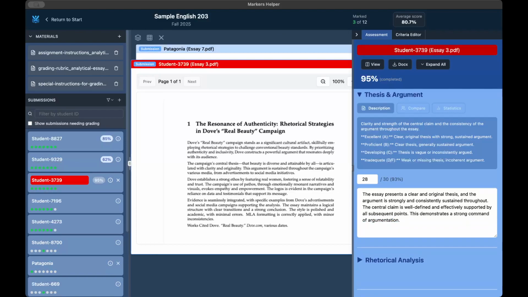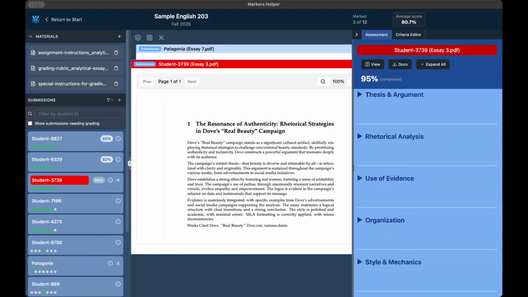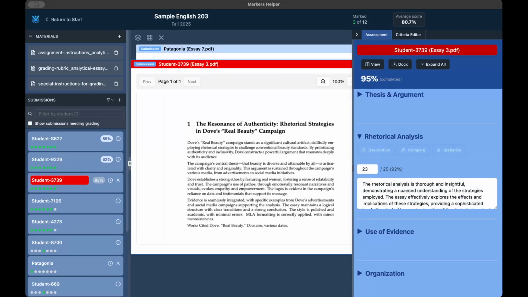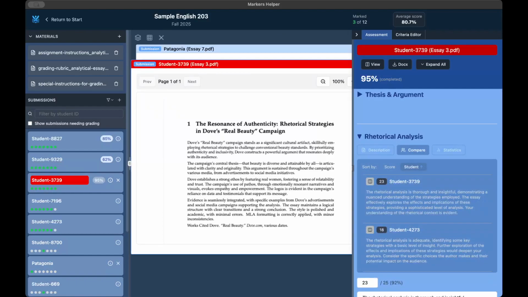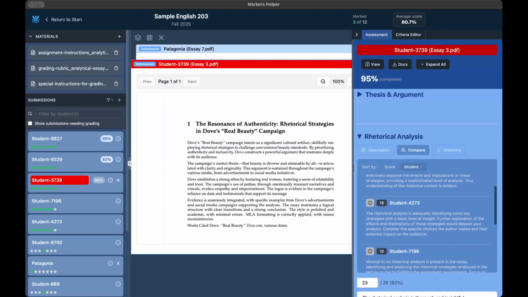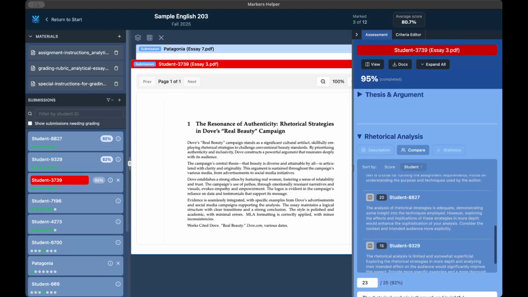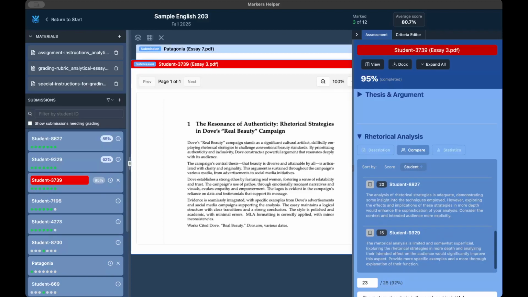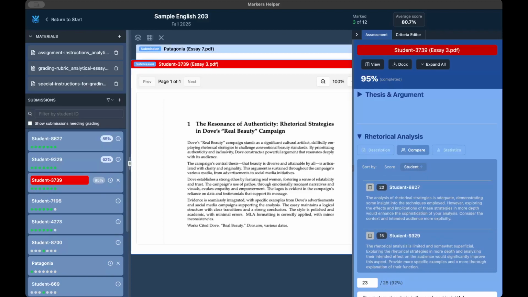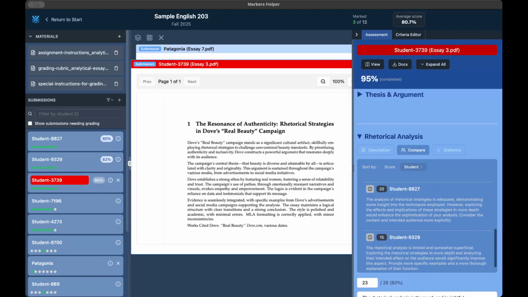What about seeing how you've graded similar work before? Sometimes it helps to glance back, right? Totally. And Markers Helper includes a compare feature for exactly that. Compare. Yeah, it lets you view the feedback you've already given on other submissions. You can sort these comparisons by score or by submission name or nickname. Interesting. Could be really useful for spotting patterns in your grading or making sure you're being consistent across different levels of student work. Like maybe you want to quickly see how you graded other essays that got a B